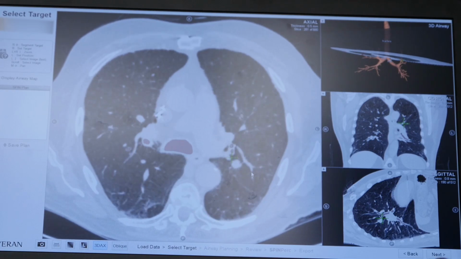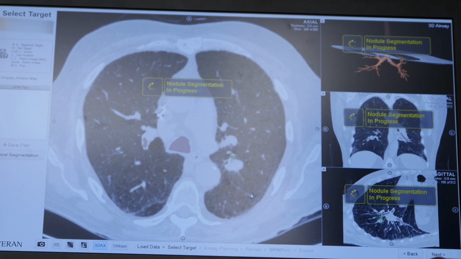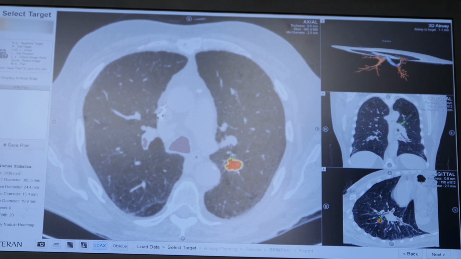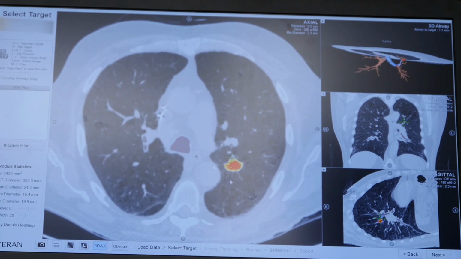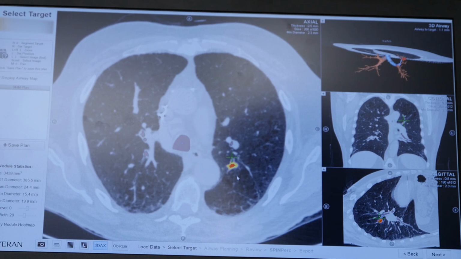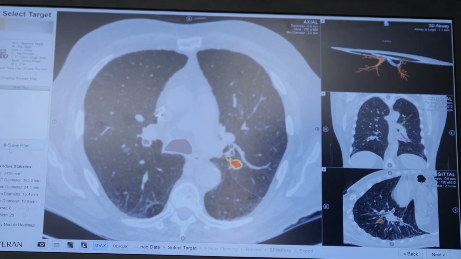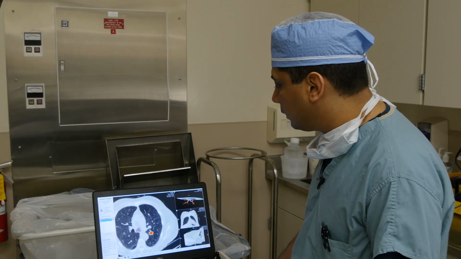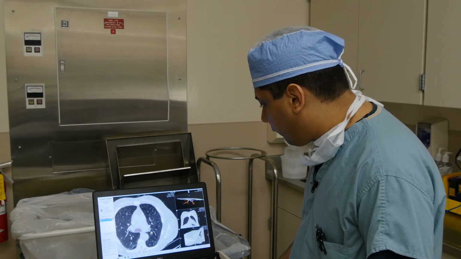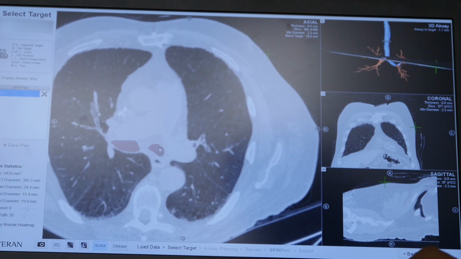So this is the lesion that is our target lesion, and I'm going to select that. And the software does a nodule segmentation and picks up all of the nodule and creates a heat map there. And now it'll automatically also show us a path, but first I can hit Save Plan. So that seems appropriate. So if you can see this is the airway, it's leading me into the left main,